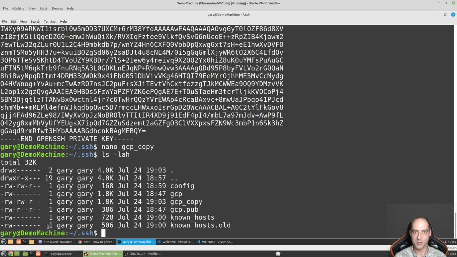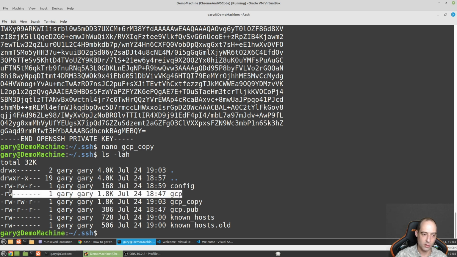If you're not familiar, you can Google this, but basically, what is this? I always get this wrong. Owner group everyone, or group owner everyone. But you notice for a private key to work, it needs to be RW and then nothing else. Well, this GCP copy is